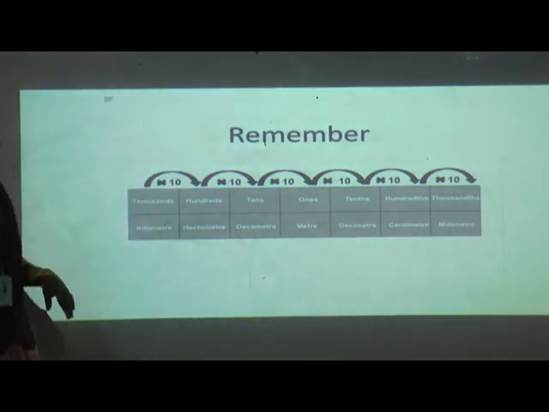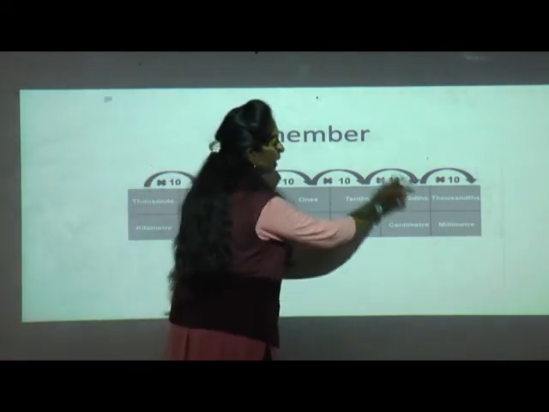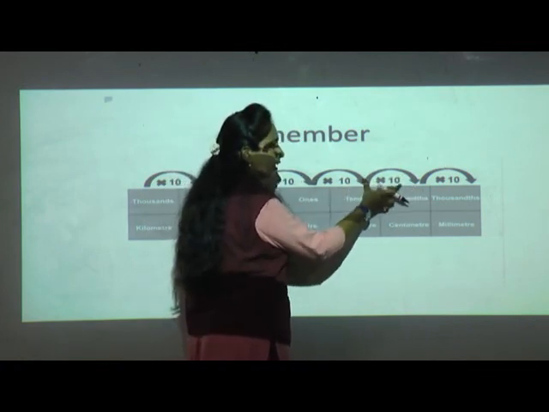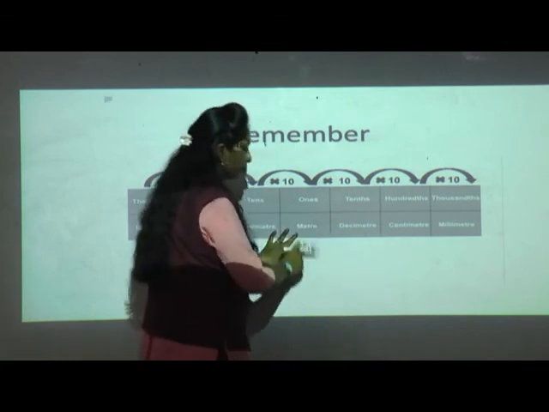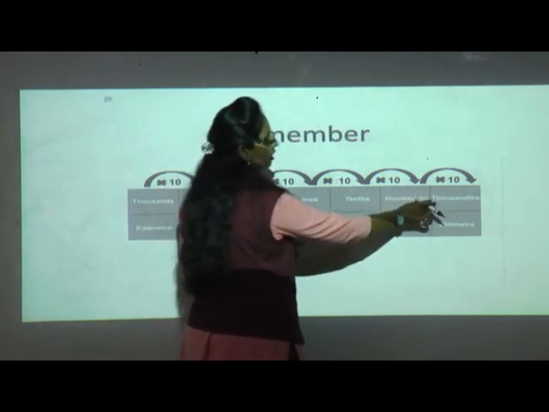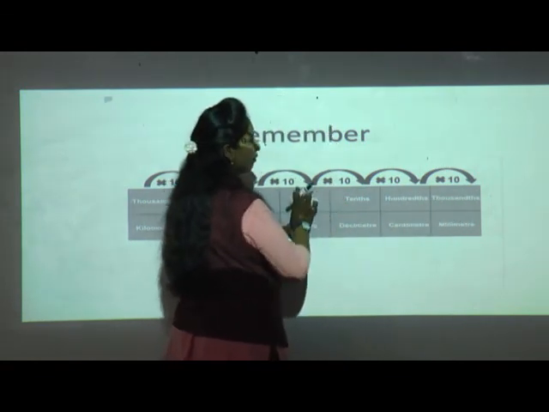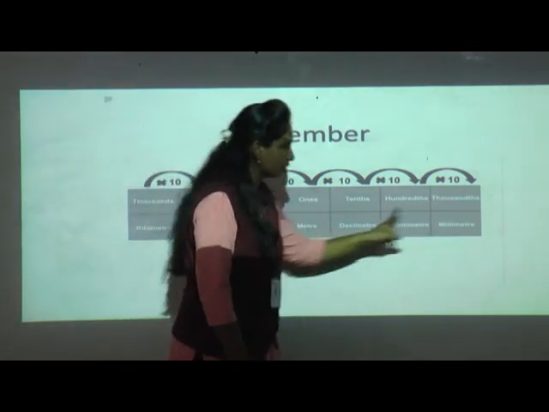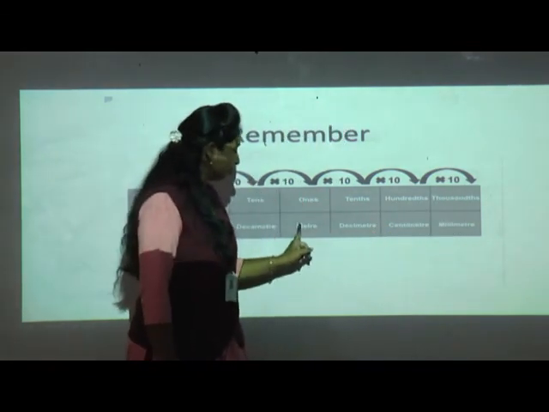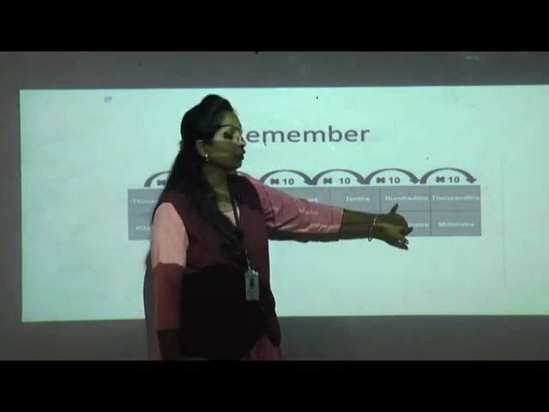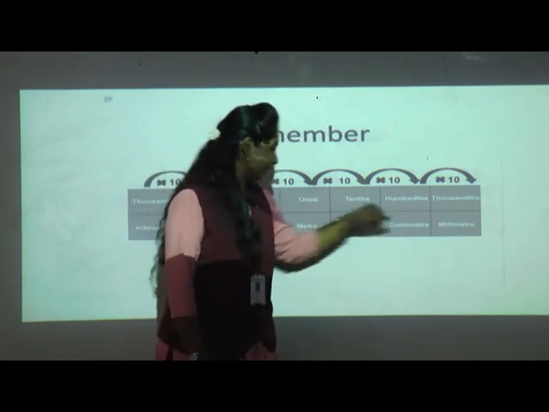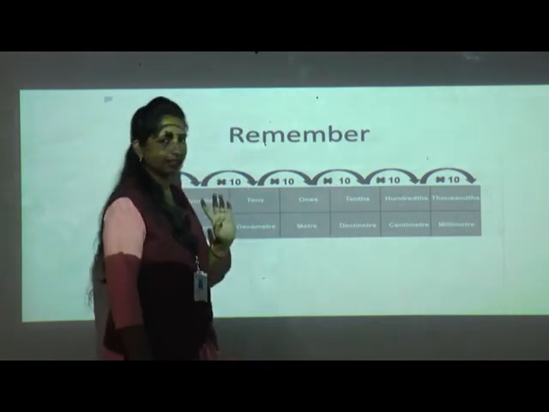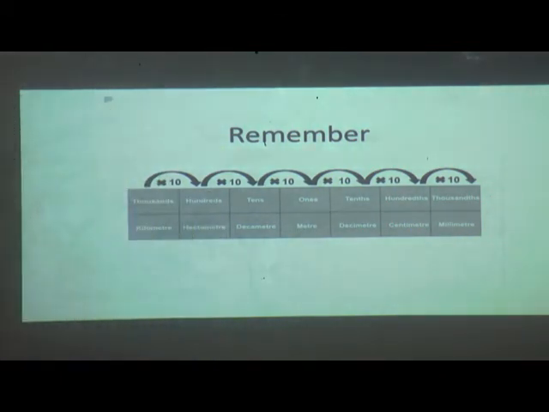If they ask you meter to directly centimeter, what will you do? Here is 10, then 10 multiplied by 10 is 100. If you want to convert meter to millimeter, what is it? Thousands. So directly, if you want to convert meter into millimeter, you have to multiply by thousands. Are you getting it? Meter to centimeter, multiply by 100. And meter to decimeter, that is tenth, means multiply by 10. Are you getting it? So remember this.